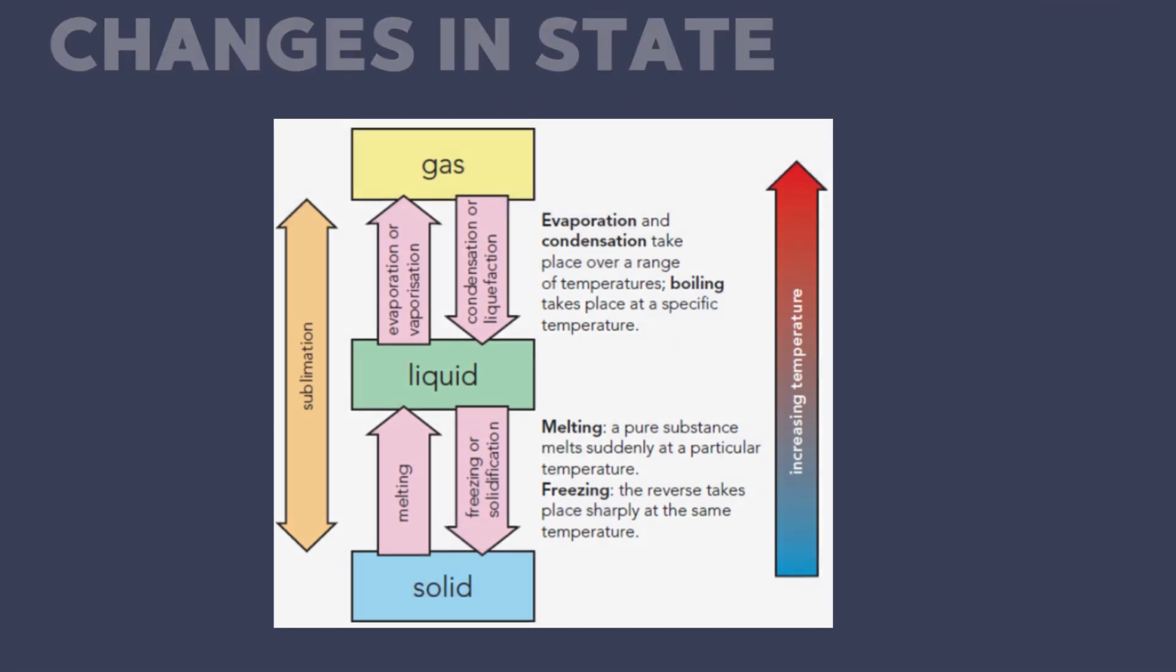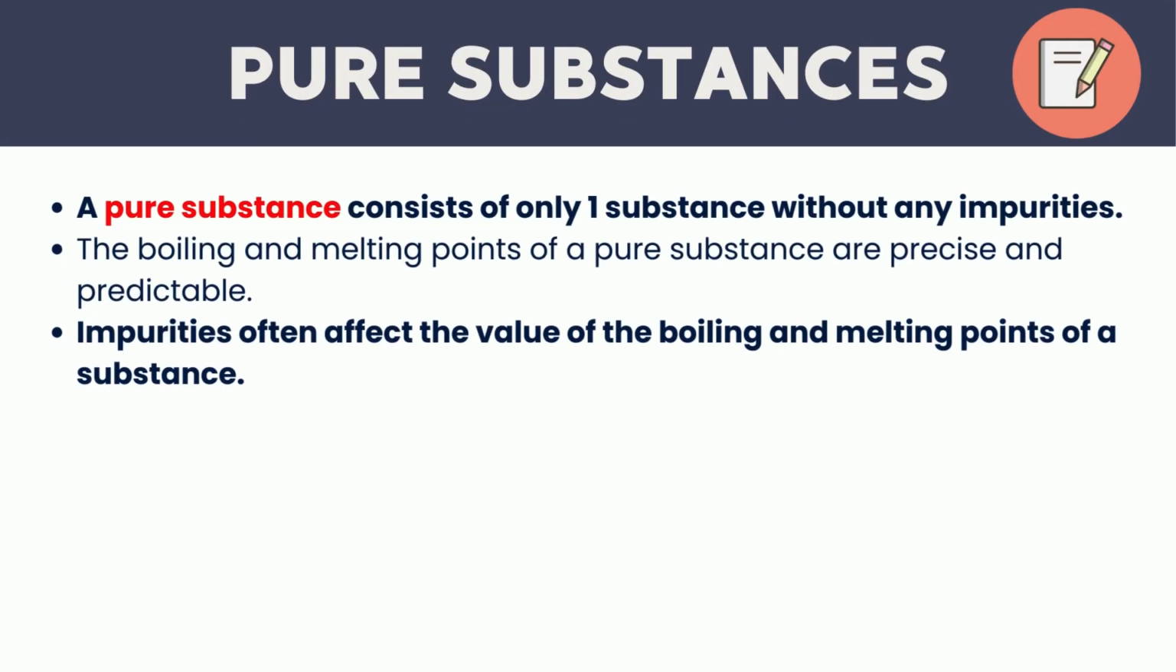Next, I'm going to talk about pure substances. A pure substance consists of only one substance without any impurities. The boiling and melting points of a pure substance are precise and predictable, and impurities often affect the value of the boiling and melting point of a substance. For example, we have seawater. Its freezing point is way below 0 degrees Celsius, while its melting point is